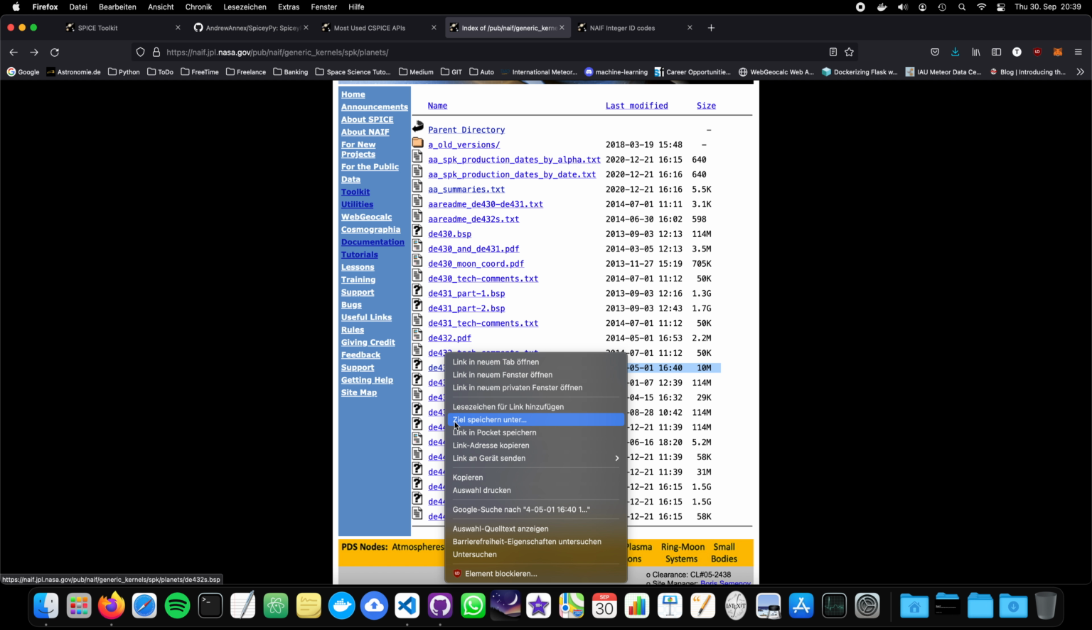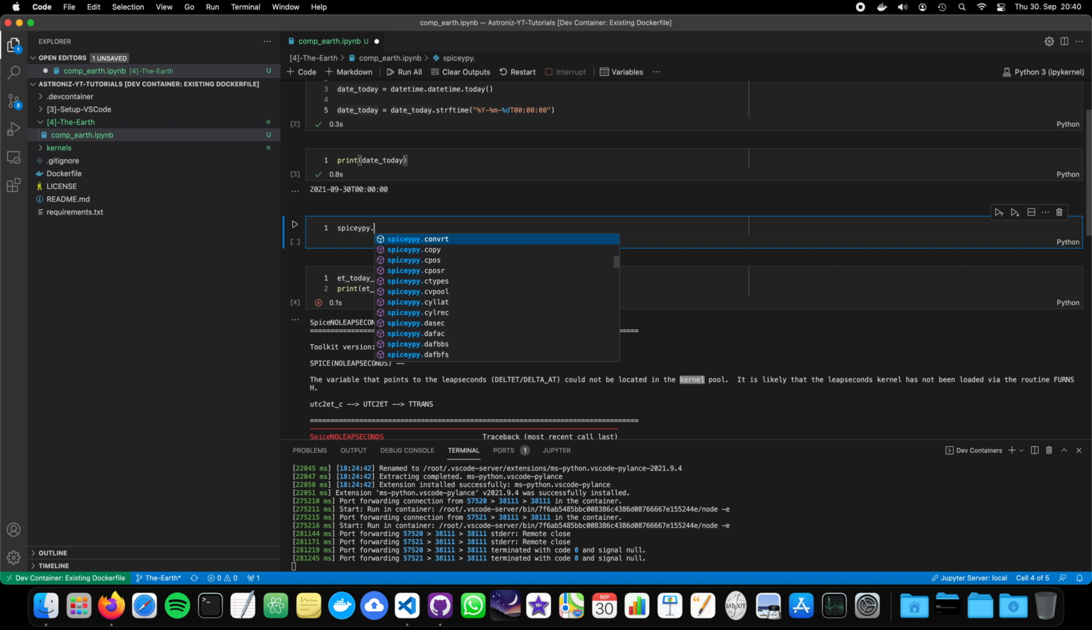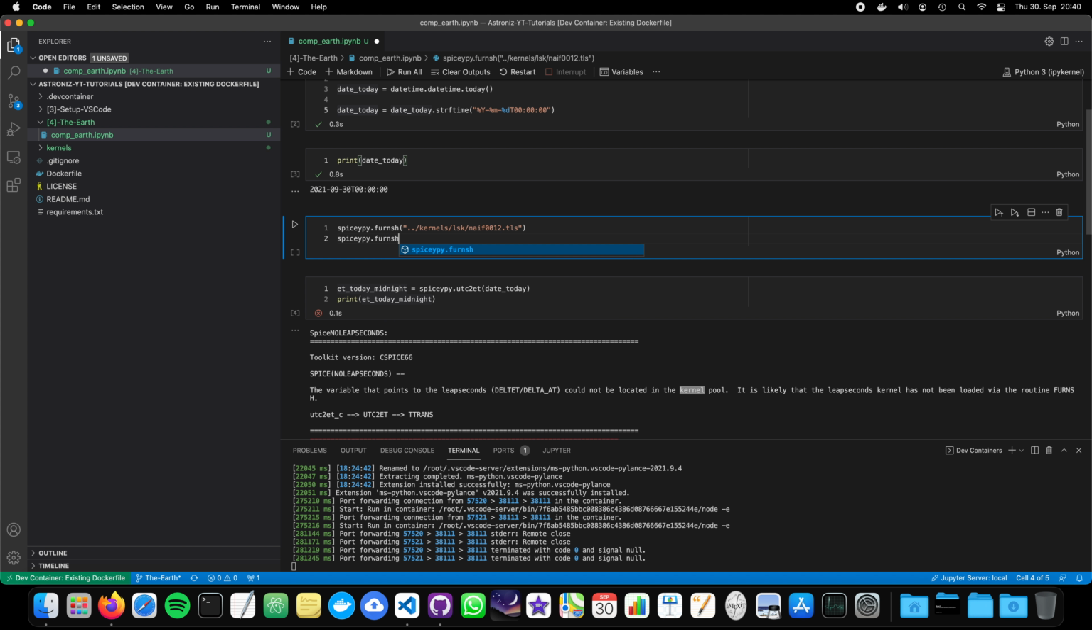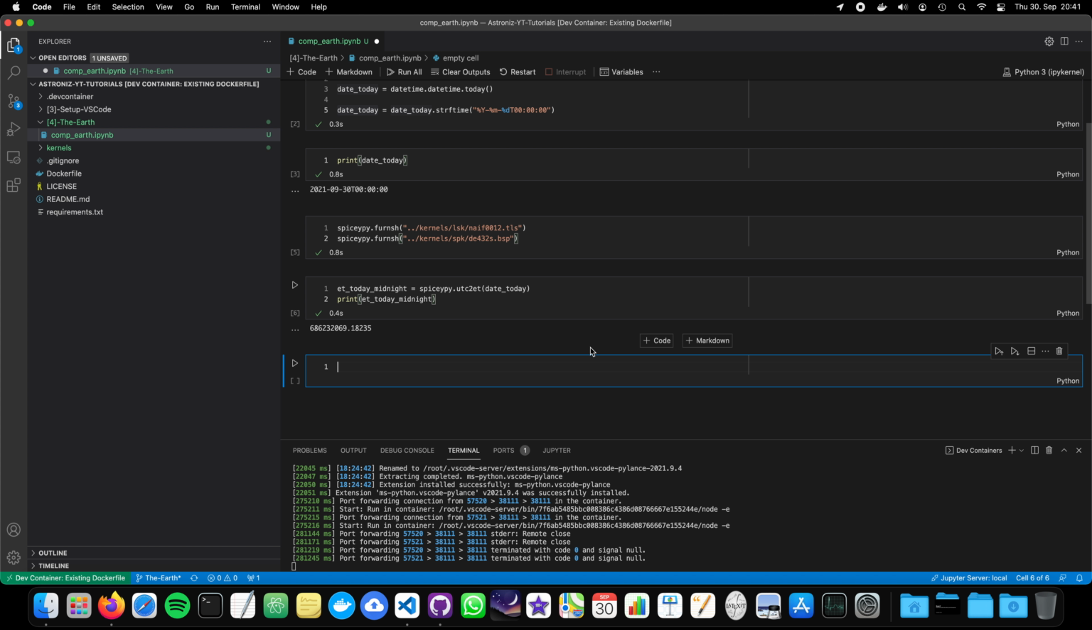and we can now load the kernels. So how does it work? There's a function called furnish, and we just say, okay, let's go one directory back. I think we called it kernels lsk naif0012.tls, and the second one is spiceypy.furnish, and then kernels spk, and it was de432s.bsp. Yeah, it worked. Perfect. Now can we convert the time now? Ha, it works. Nice. So we have now our ephemeris time,